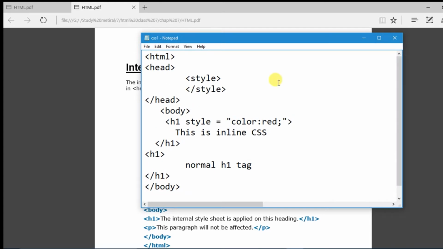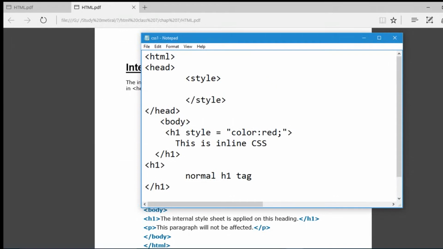Here inside the style tag we need to pass the selector first of all. So my selector name is H1. After that I will put the curly braces. So curly braces open. Then the property, the same property I am passing for H1.